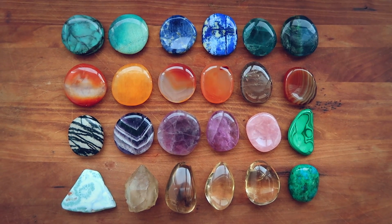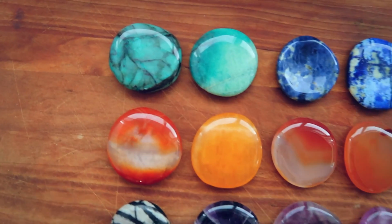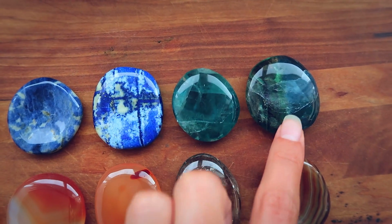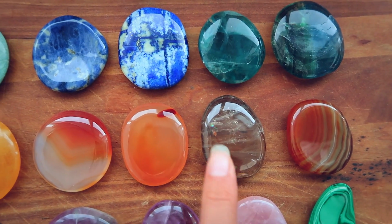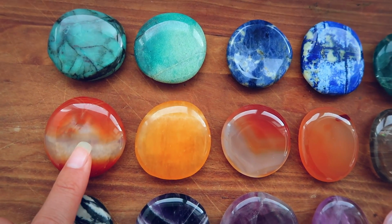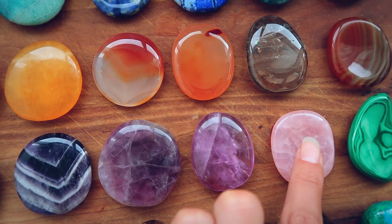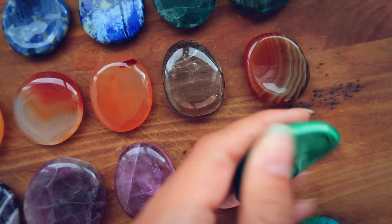So now to finish it off, here are a few of my favorite palm stones from my personal collection. So starting up here, we have chrysocolla, sodalite, lapis, blue fluorite, carnelian. Really cool pattern on that carnelian, by the way. Smoky quartz, another carnelian, orange calcite, another carnelian, spiderweb jasper, chevron amethyst, purple fluorite, a beautiful rose quartz thumbstone, a malachite tumble, which I use as a thumbstone,